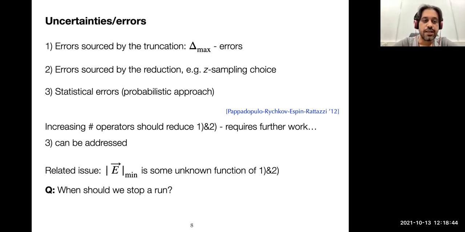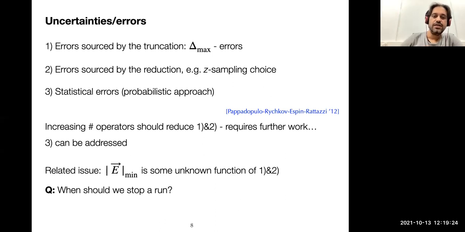The reason I'm mentioning these errors is because of 2 reasons. The first is the actual physical problem, right? We're doing these truncations because we actually want to get an approximation to the exact analytic result, and we want to know when we do a numerical calculation how far we are from the exact analytic result. Another reason, which is more practical and will play a more direct role in what I will discuss here, is the following. When I do a run with the algorithm that I will show you,